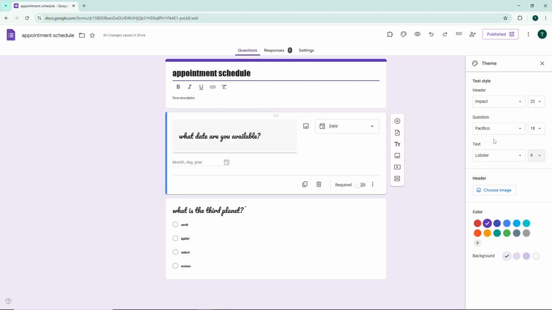and that's it. You've successfully customized the fonts in your Google form, giving it a professional and personalized touch that enhances the